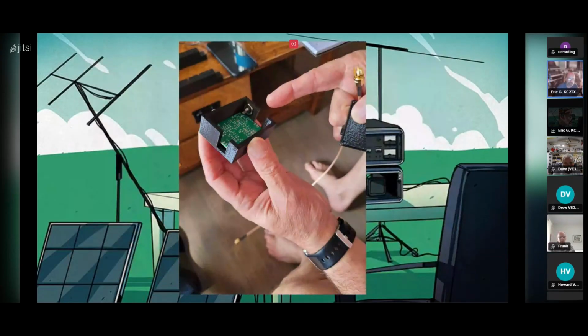What else? So here's one of the cases for the RF probe. David printed this one prior to coming to Smiths Falls, if I'm not mistaken. I did another one in a different filament called PET G. First time printing with that